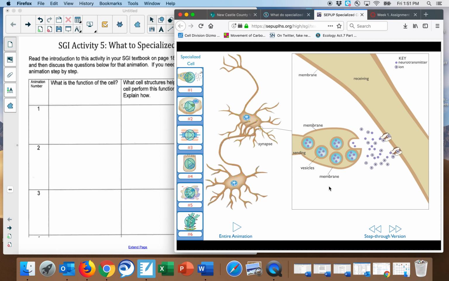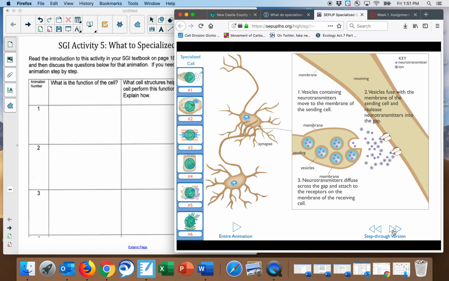That's me just taking step by step what I saw happen. Now, you can go back step by step, and it will give you what's happening step by step. And I encourage you to read through what it says happened. It's easy for me to say it just by watching the whole animation because I'm familiar with all these kinds of cells, but this is the first time you're probably seeing what these different kinds of cells do. You probably never really thought about it before. So watch the whole thing just once. They're really short. And then go through and click the step by step